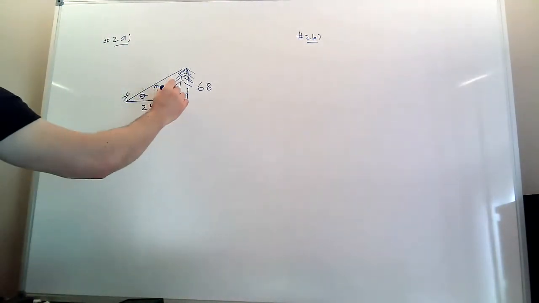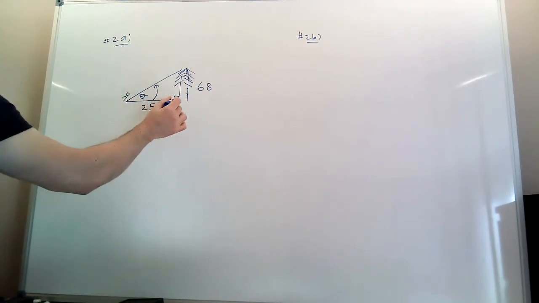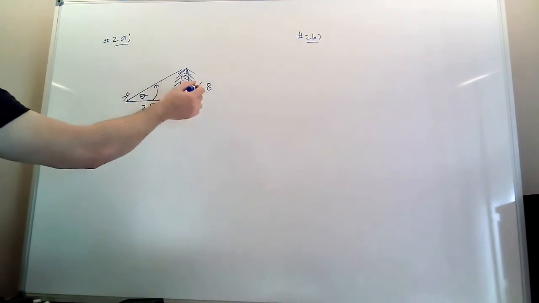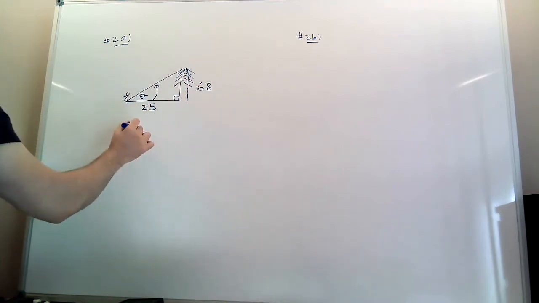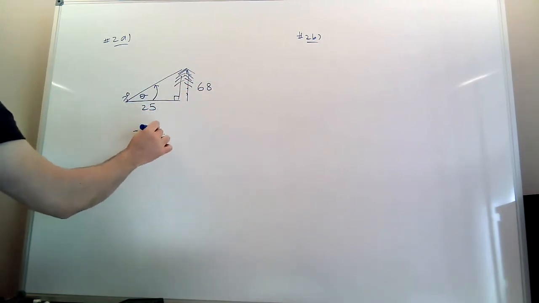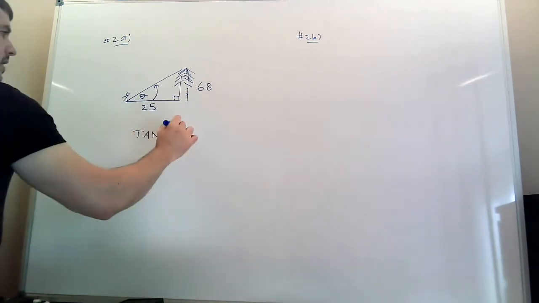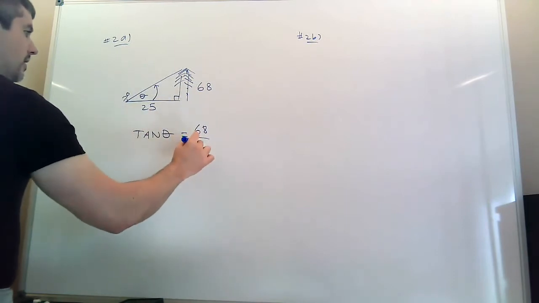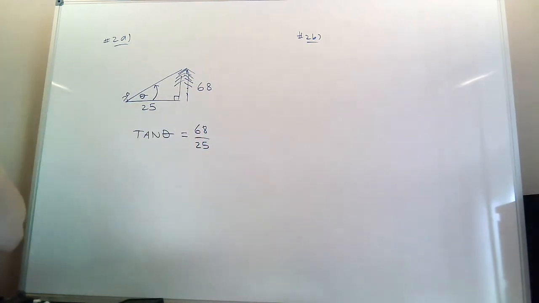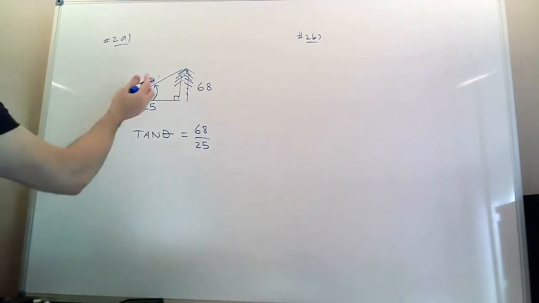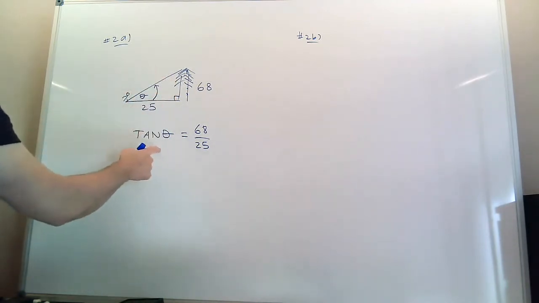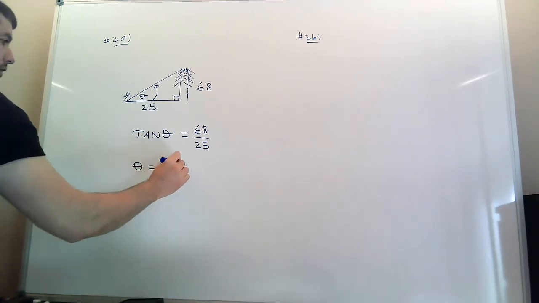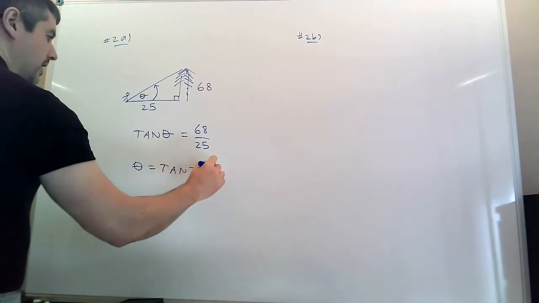So again, you have a right triangle. You're 25 feet from the bottom of the tree. The tree is 68 feet tall. Now look, you don't have the hypotenuse. You have the opposite side and the adjacent side. So the angle that I'm looking for, I'm going to call it theta. The tangent of that angle is the opposite side over the adjacent side. This is how you set it up. You draw your picture, you label it, you create your trig equation. Now, I want theta, so how do I do that? I do tan minus 1. You take the inverse tan